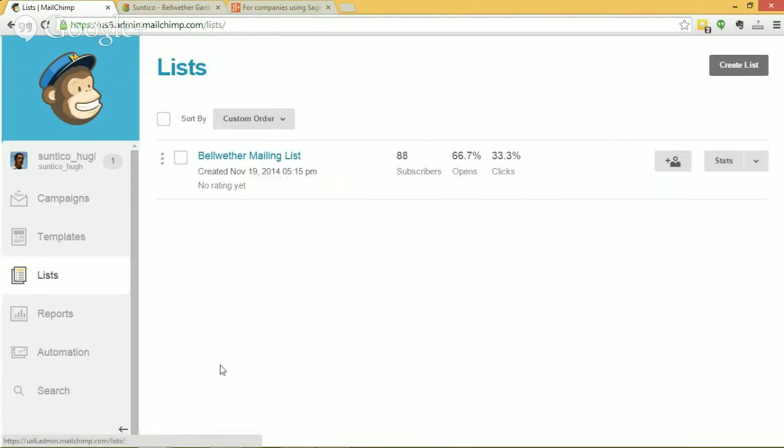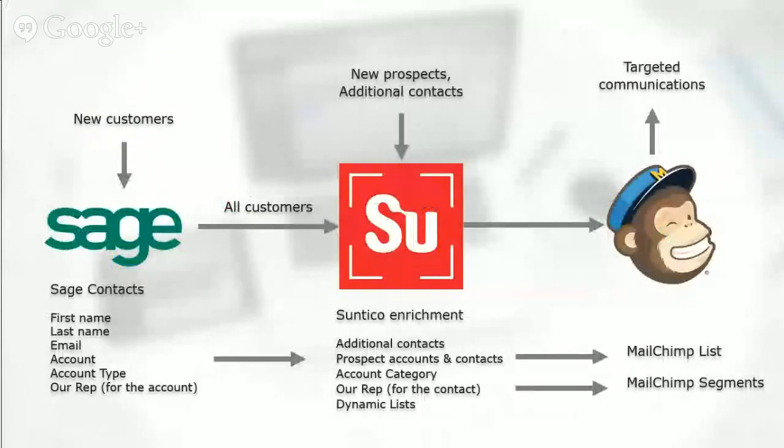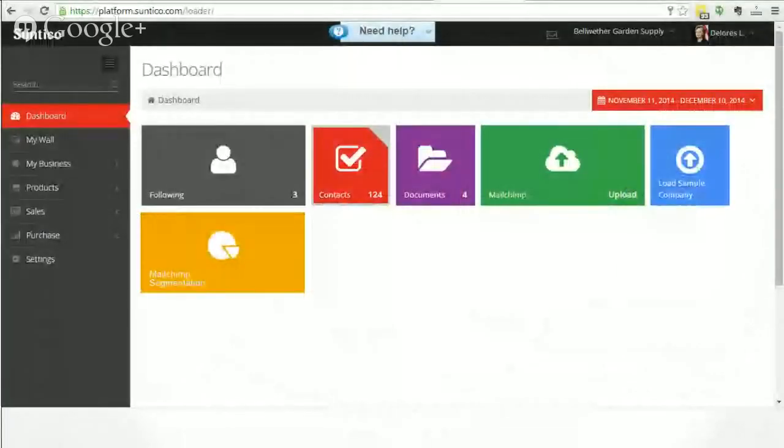Garden mailing list. Okay. Now, if I wanted then to push individual segments up into that list, this is a pre-release snippet preview, but in the very forthcoming release of Suntico we'll have this Mailchimp segmentation button here, and on pressing that button, you can then select what pre-prepared lists you want to send up to create a custom segment